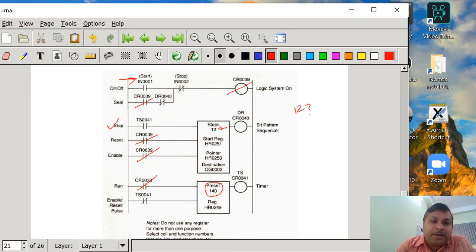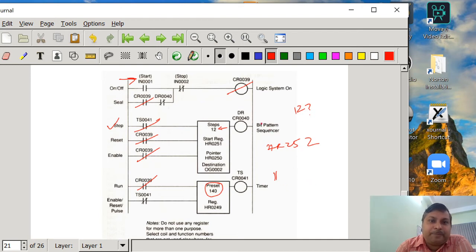So now what will happen at first step, after 140 seconds of time, this has to be pulsed. Once it is pulsed, the beat pattern will move from the H at 251 to H at 252. Like that, when you reach the 11th step, the 11th step function will be executed, and at the 12th